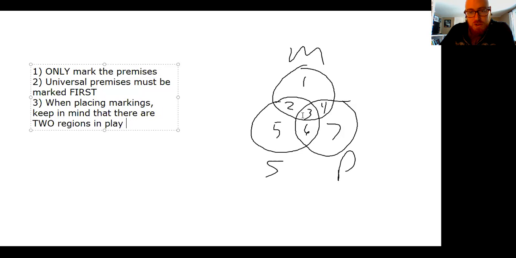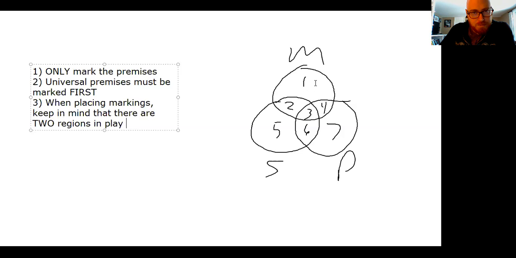So anything which is in region 3 is both M and P. Also, anything which is in region 4 is both M and P. Okay, so it would be a mistake if you're marking all the M's are P's to only shade region 2 in this case,